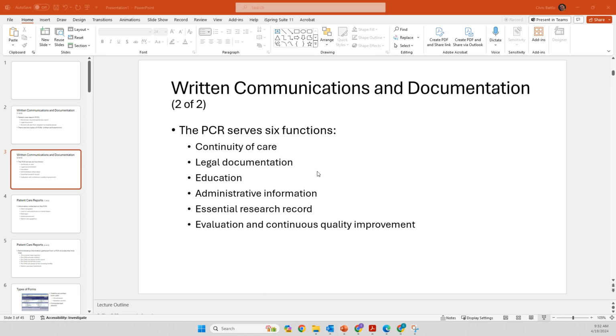Changing up here. You see here in this written communication and documentation section, I want to talk about one of the biggest areas that comes out of this particular area: written communication, documentation, and reporting off to other staff members. For instance, when you